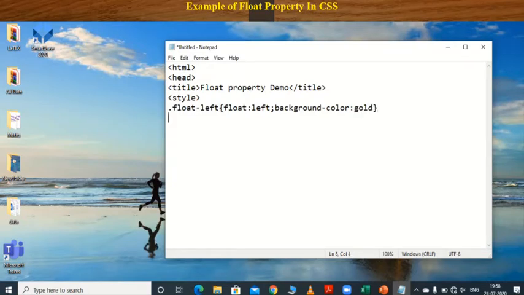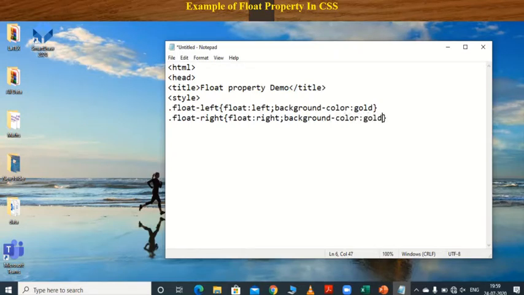Okay, then next dot float right, then float right semicolon, background color as gold.